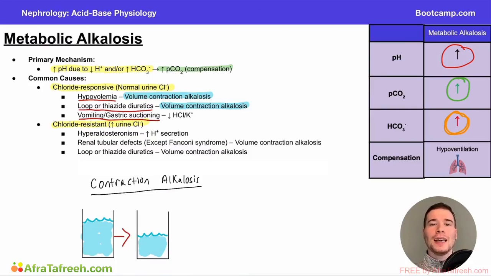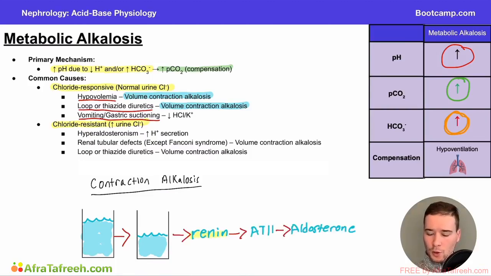It's going to activate that system and cause a release of more renin. So you can see here we have an increased renin, which will then lead to an increase in angiotensin 2, which will then lead to an increase in aldosterone. And remember back, what are the primary things that aldosterone is going to do? One, it's going to work to increase our sodium levels because we know that water follows sodium. If we bring back our sodium, it's going to bring back some water and potentially restore that level of fluid